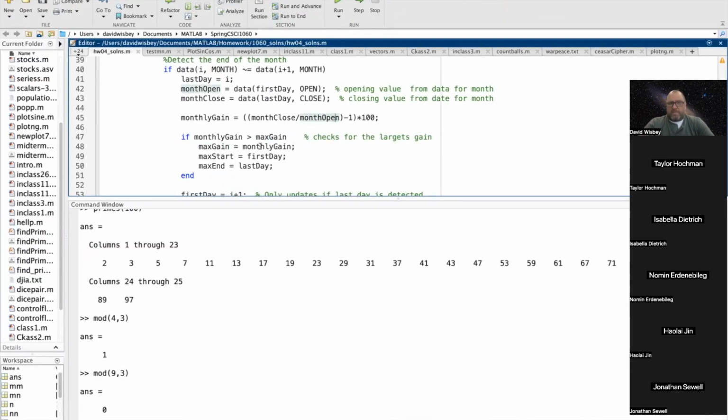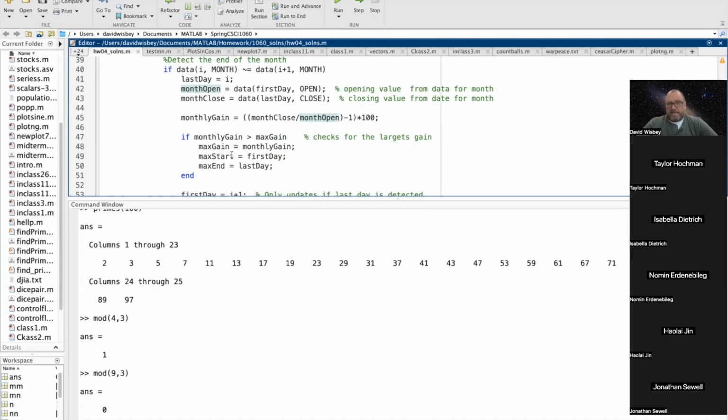Okay. And if that's true, now what happens is you set max gain equal to the current monthly gain value because monthly gain has to be the largest, especially the first time you go through the stock market. Okay, so now max gain takes the value of monthly gain,